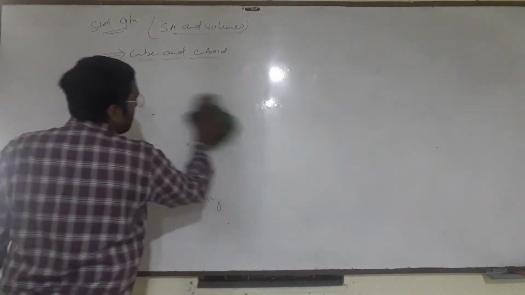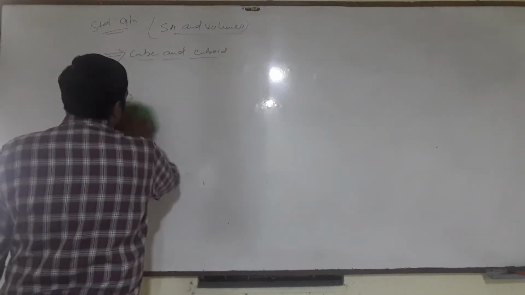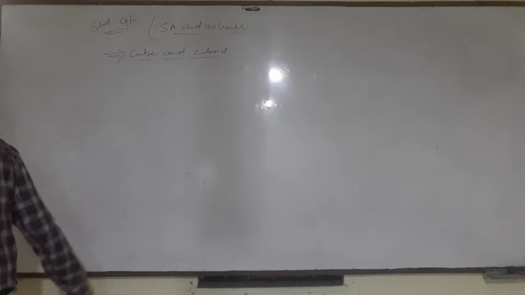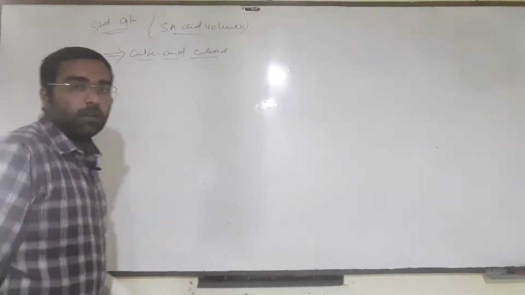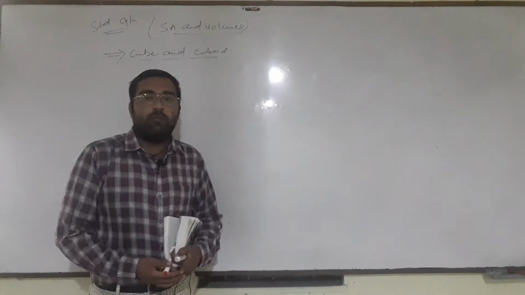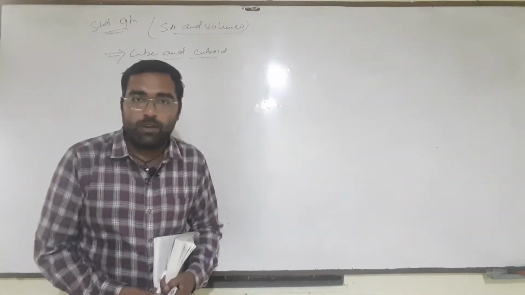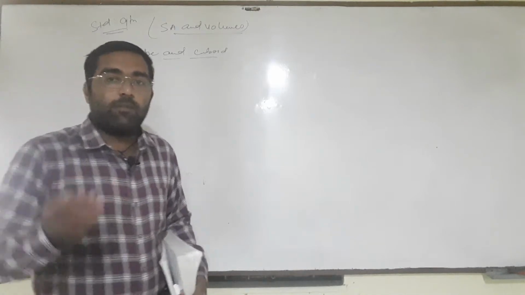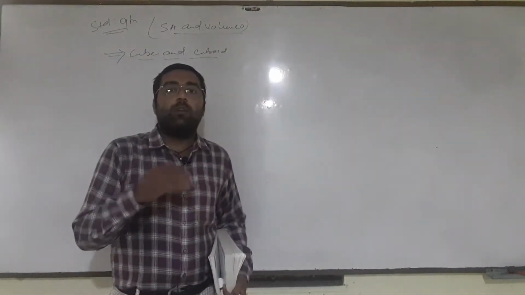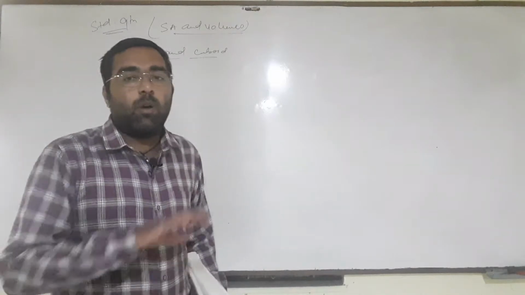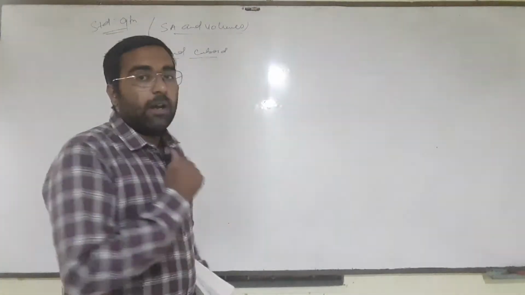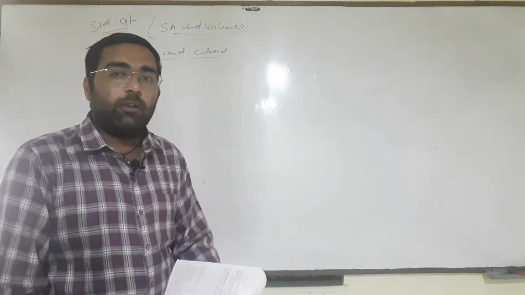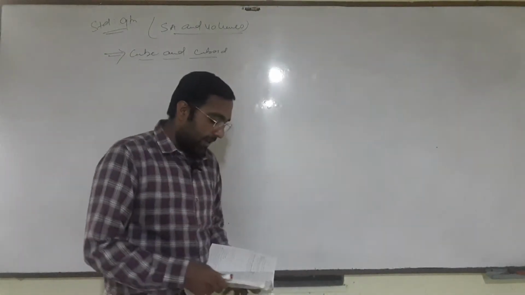As per the previous lecture, we saw how to find the total surface area of cuboid. Now, in today's session, we saw the lateral surface area of cuboid, total surface area of cube, and lateral surface area of cube. All the formulas related to the cube and cuboid, we have to see examples related to all of them. So let's start the first example.